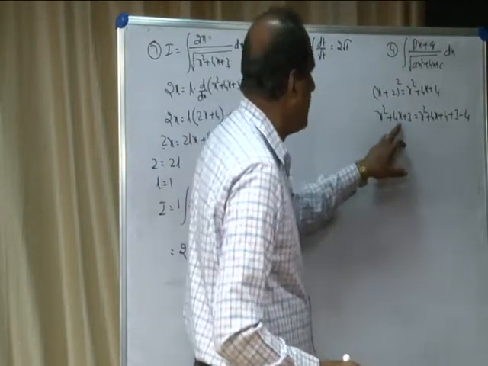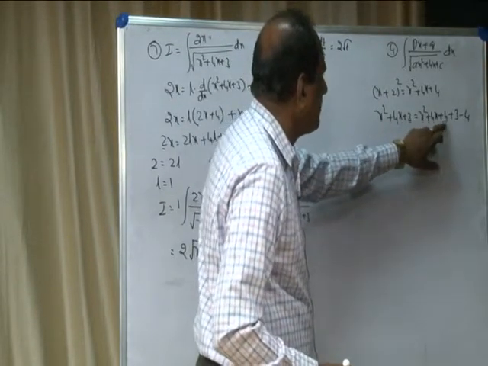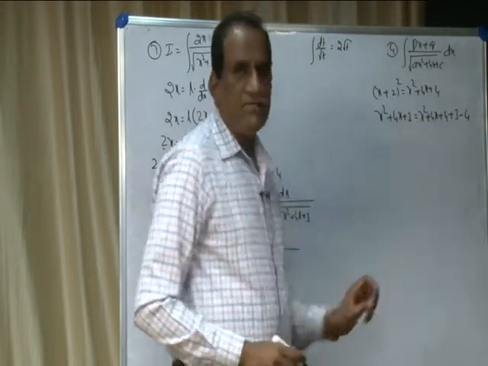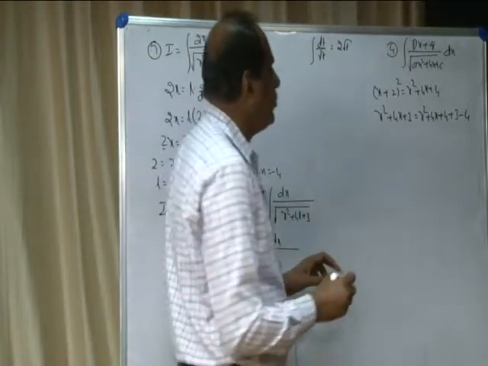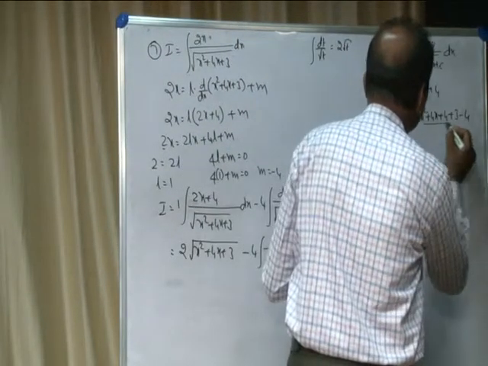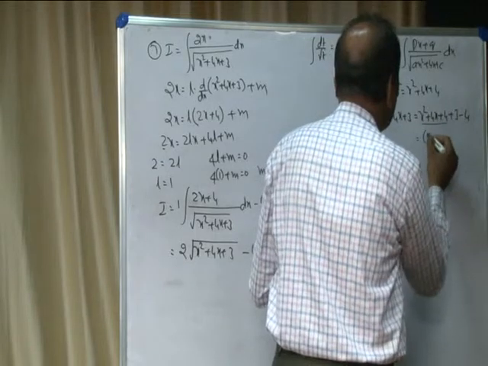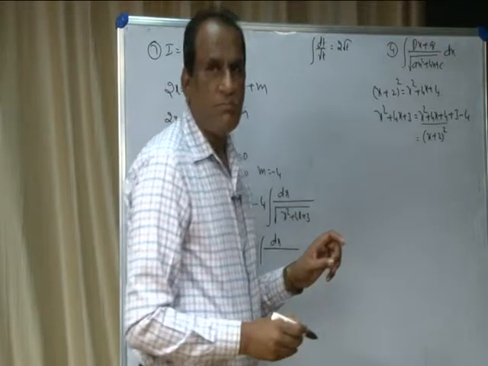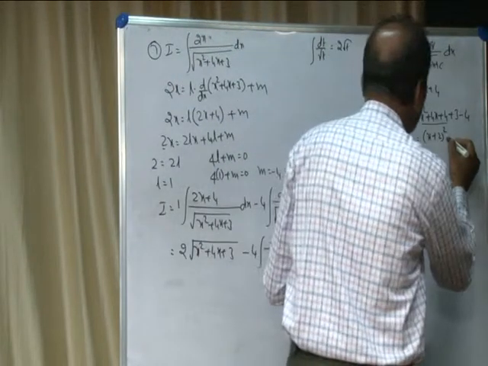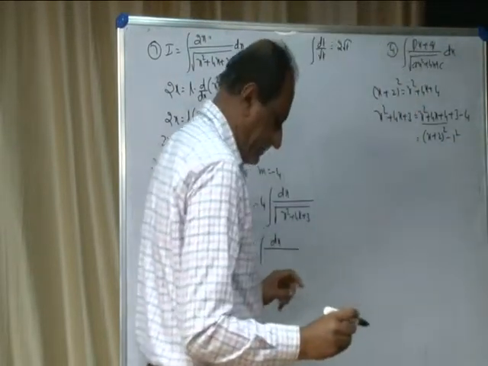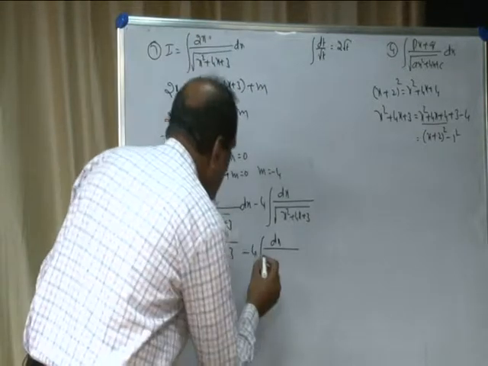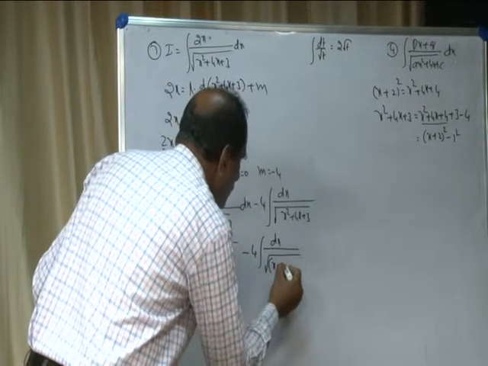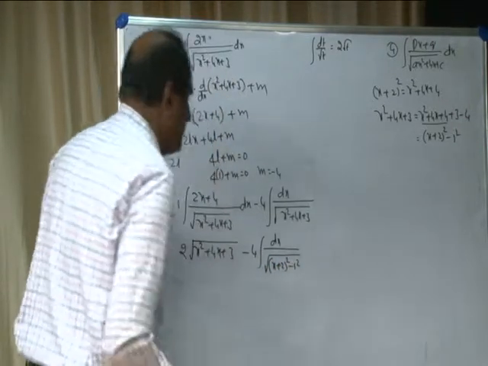See here, x square plus 4x plus 3, x square plus 4x plus 4 minus 4 plus 4 minus 4 cancel. What is the idea of adding plus 4 here? To make the first 3 terms a perfect square, that is exactly equal to (x plus 2) whole square. 3 minus 4 is minus 1, and minus 1 can be written as minus 1 square. Now the denominator under the root sign is (x plus 2) whole square minus 1 square.